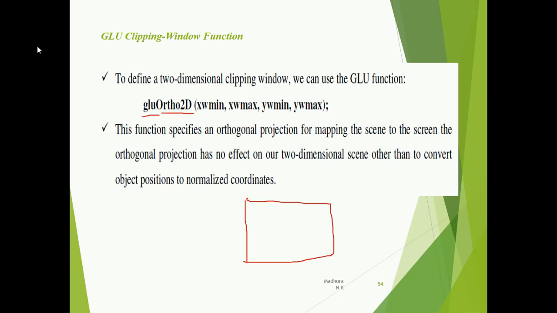So for the two-dimensional clipping window you have its boundary values: xwmin and xwmax, and ywmin and ywmax. This is how you define the orthogonal 2D clipping window.